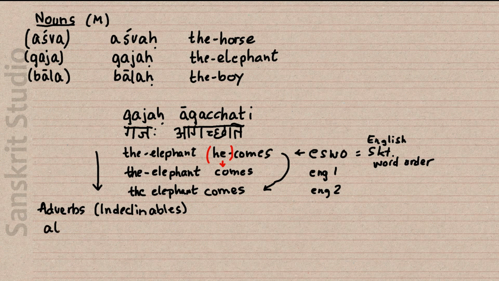And the two adverbs we are covering today are atra, which means here, and tatra, which means there. So these are quite basic. Alright, that sums it up for this lesson, and now we'll have the exercises,